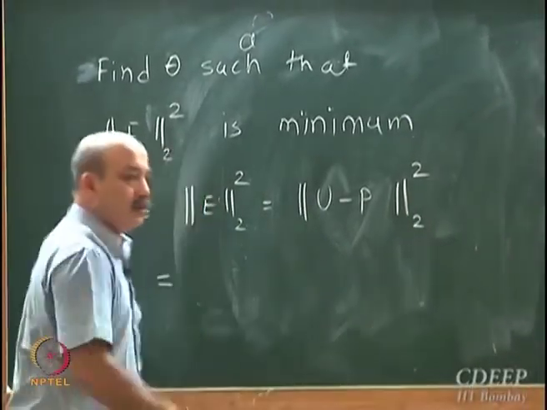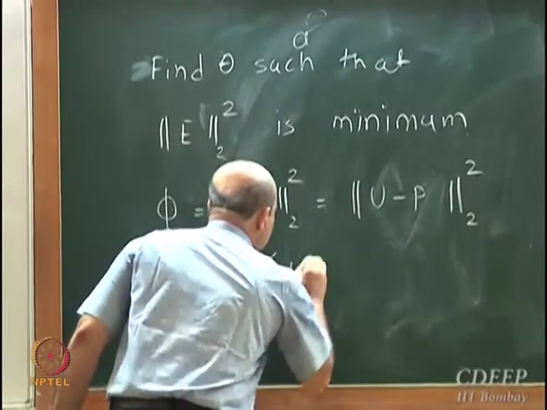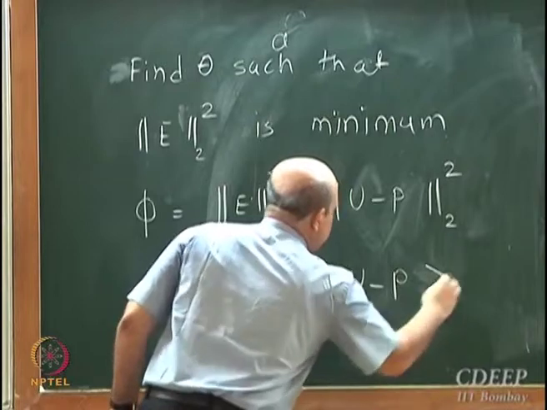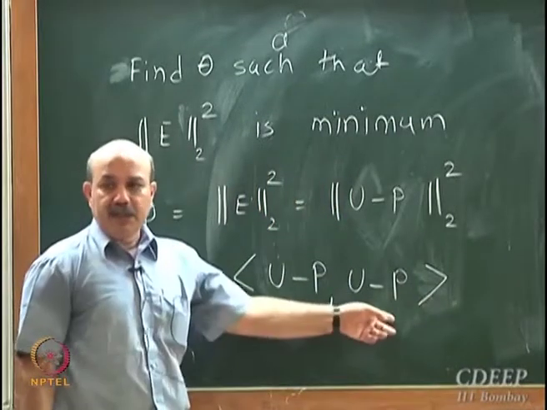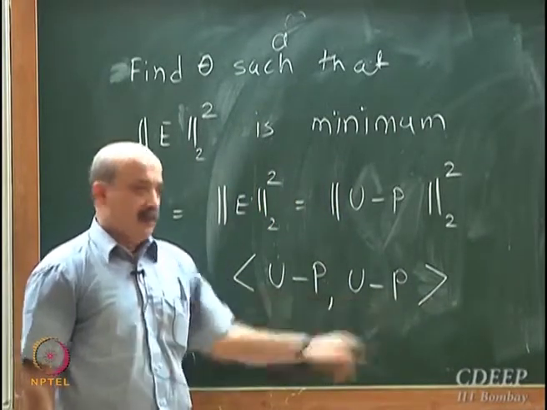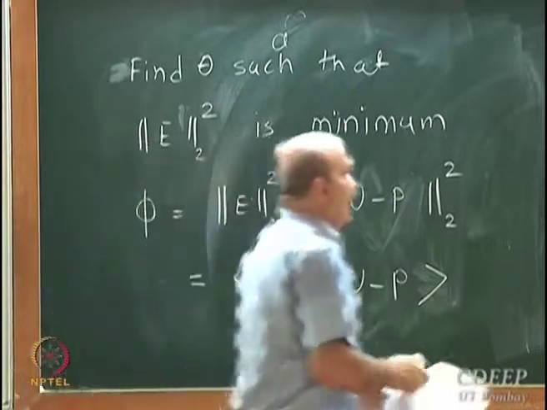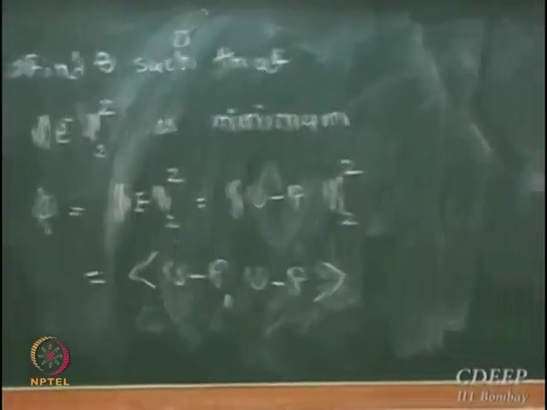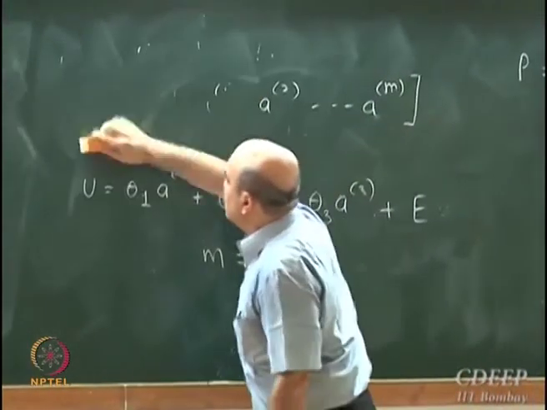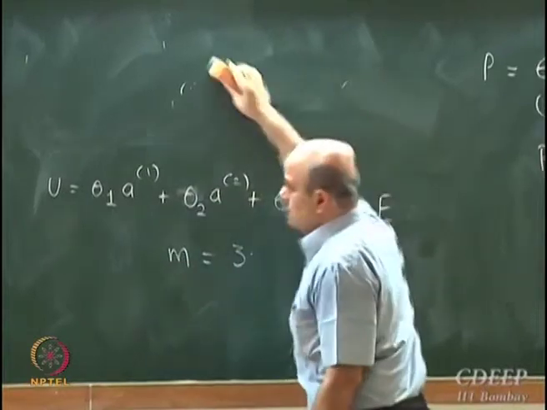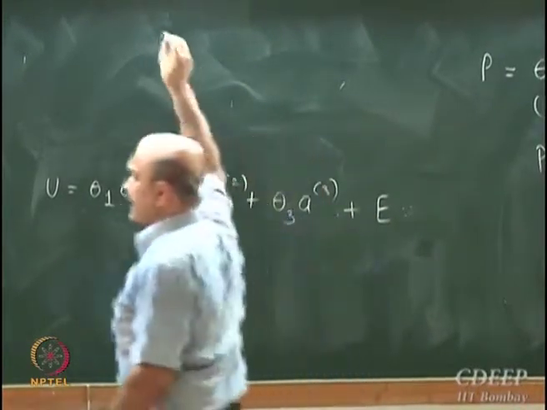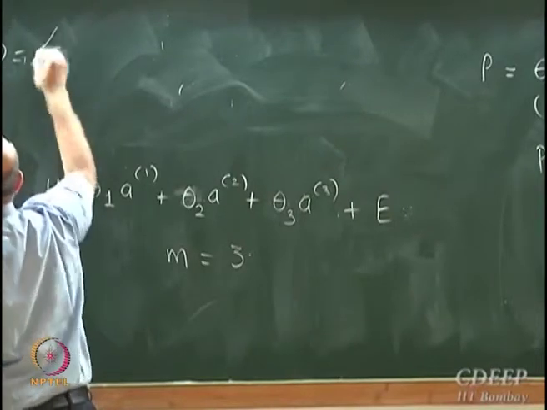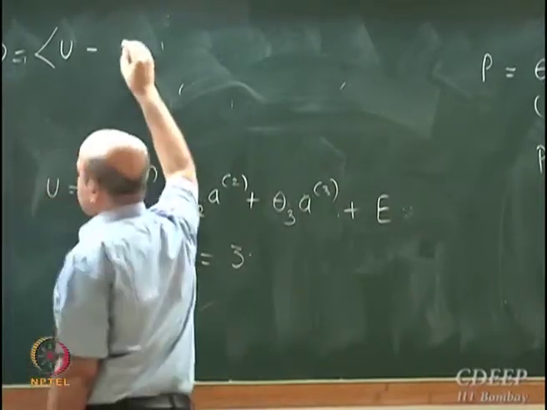How? This is the inner product of the vector U minus P with itself. Now my model is this, U is equal to theta. So I can write phi to be the inner product of U minus